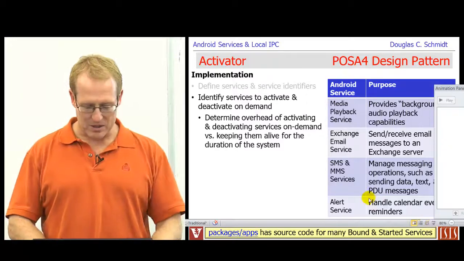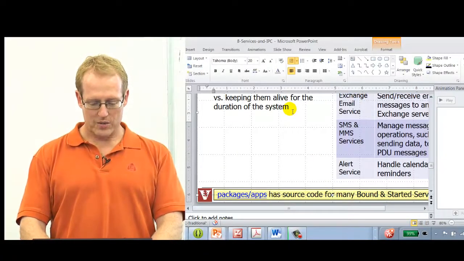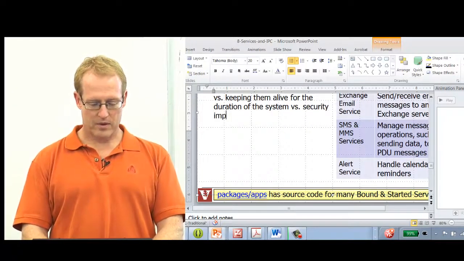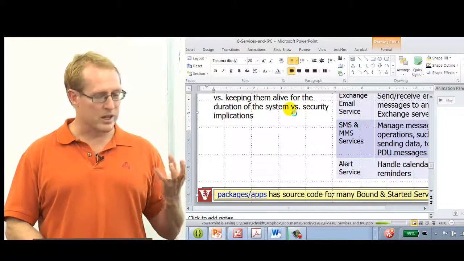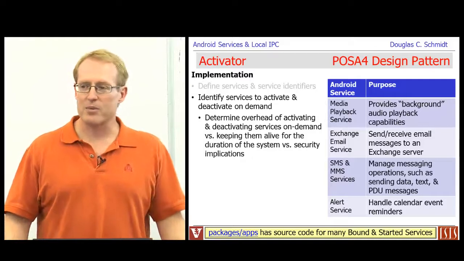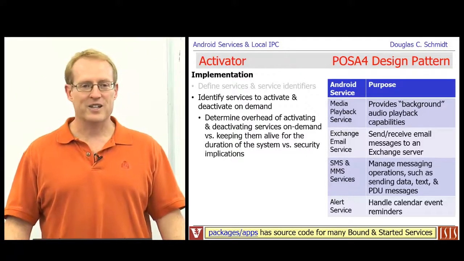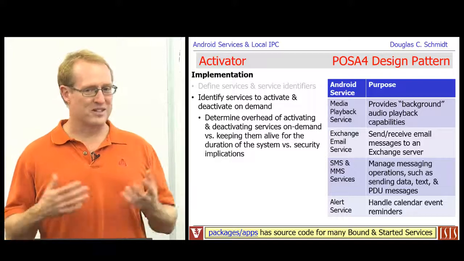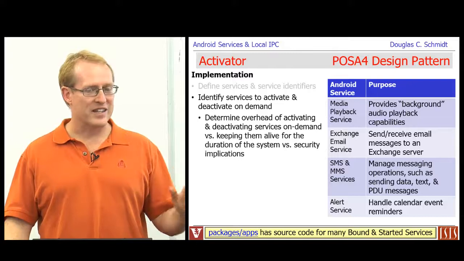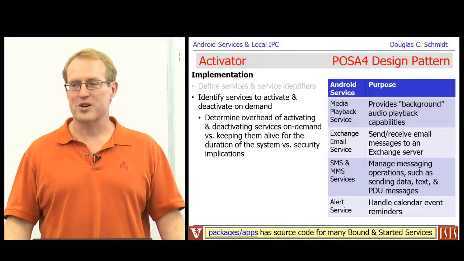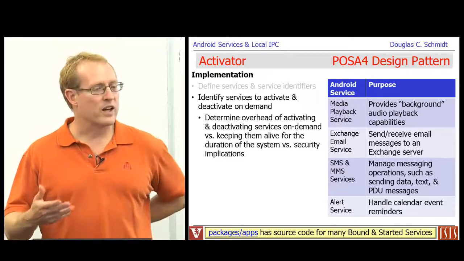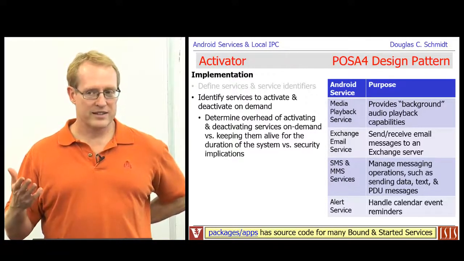There are also, I think I should mention this too, security implications. So some services are really important, and you want to make sure that they're always there. You don't want people being able to dynamically change them. For example, I don't think it's the case that you can dynamically activate the radio portion of Android, the part that does the actual phone management. That's turned on by default, and you don't activate and deactivate that. You can imagine that would cause all kinds of problems with probably missed calls because things would take too long to launch. So you have to figure out what it is that you want to be able to run dynamically